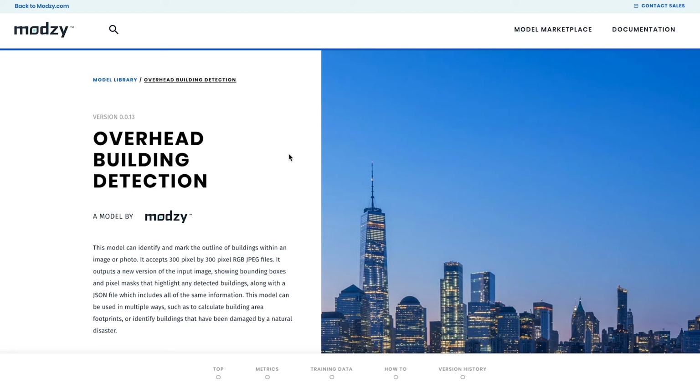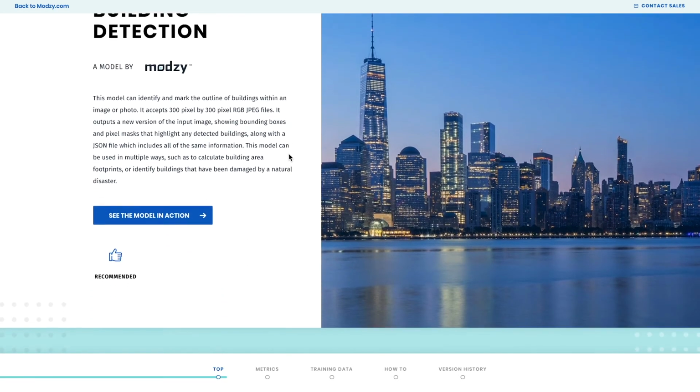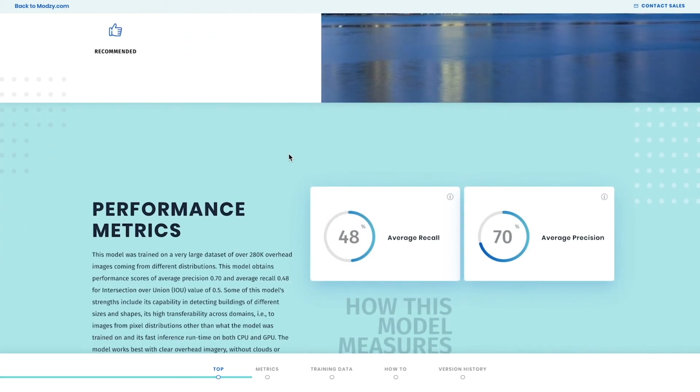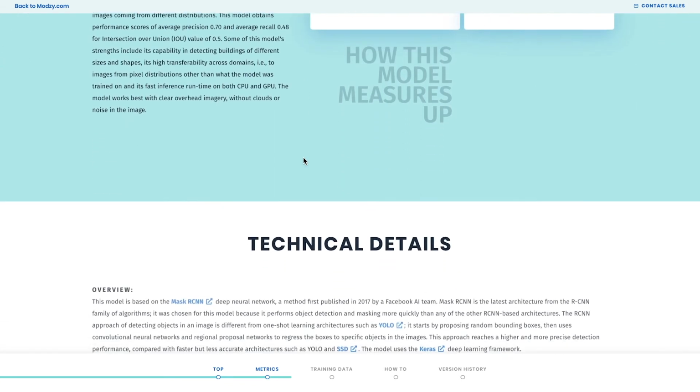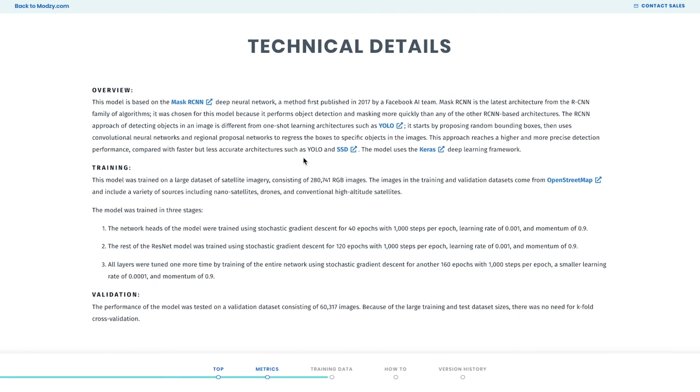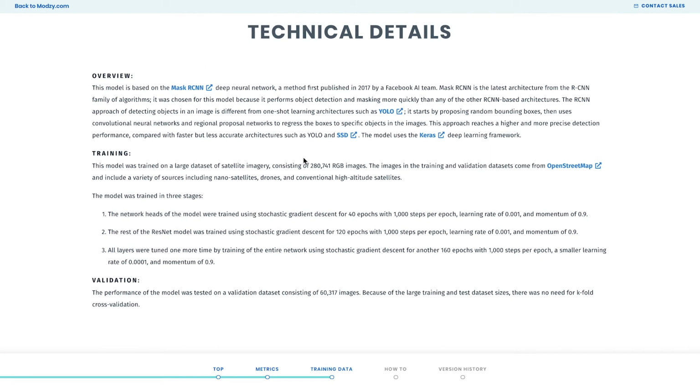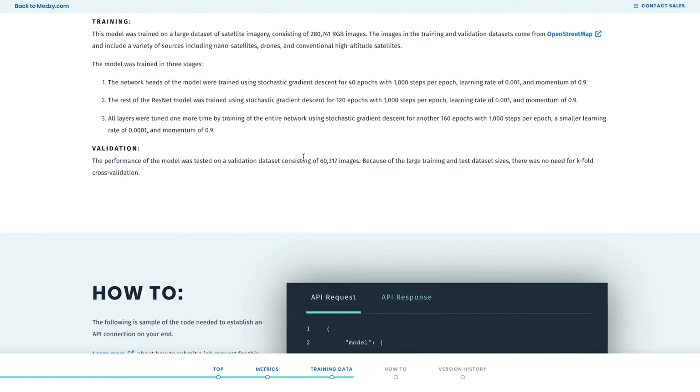In addition to a short summary of what this model does and how it works, we provide a lot more technical information that can help you truly determine if this is the right model for you, including performance metrics, along with a lot of technical details. We think it's really important to be transparent about how these models work, the data that they were trained on, the types of neural network structures that were used, and the training process involved in order to create this model. Depending on what you're trying to accomplish, these details can really matter and can really inform whether or not this model is going to do the job as well as it needs to.